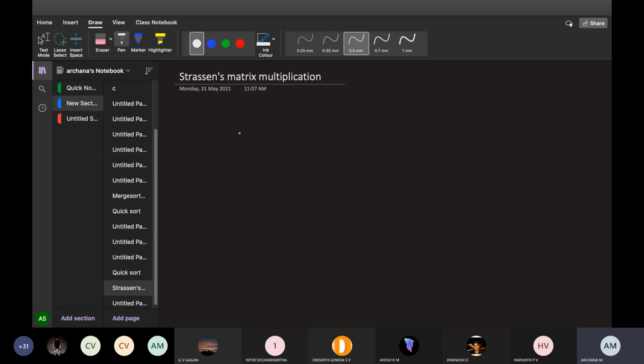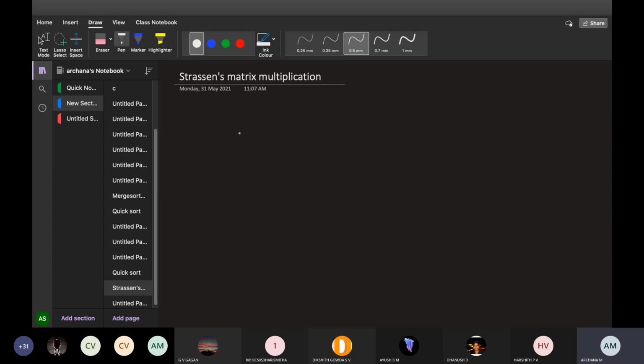Okay, let me first tell you why we use Strassen's matrix multiplication. Before going to these formulas, first we will see how we multiply two matrices according to mathematics. Then we will go with a simple program. We have already gone through that matrix multiplication program. I even gave it in a question paper, to write the algorithm for matrix multiplication and find the time efficiency, that is big O of n cube. Then we will go with another technique to multiply bigger matrices, and to overcome the problems, we will go with Strassen's matrix multiplication.